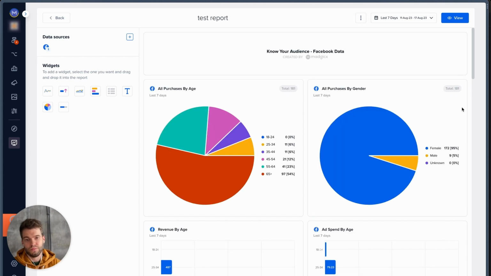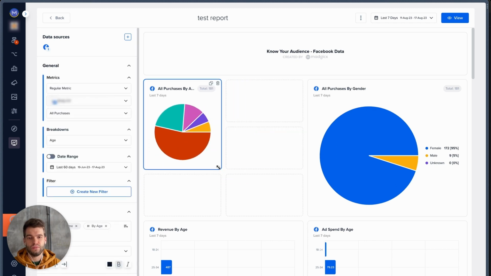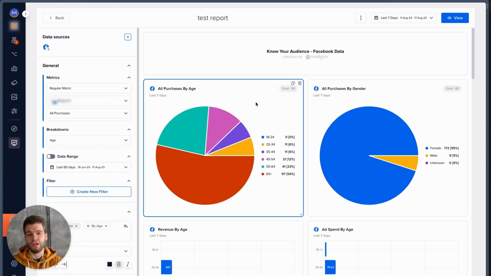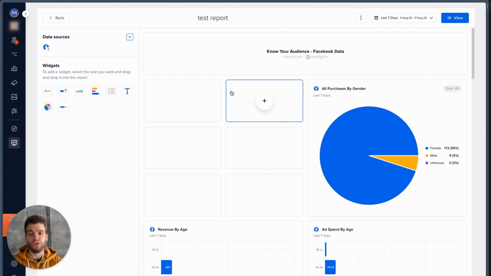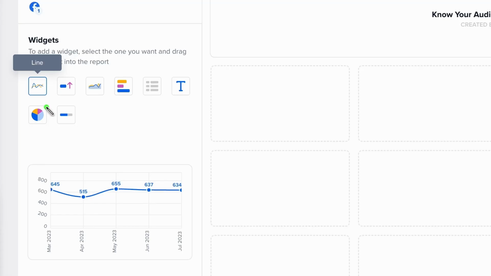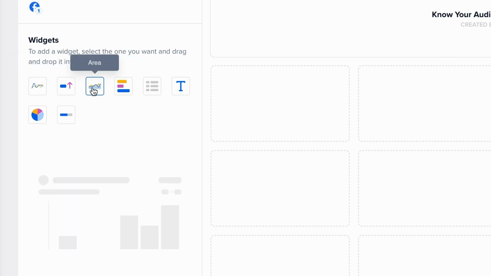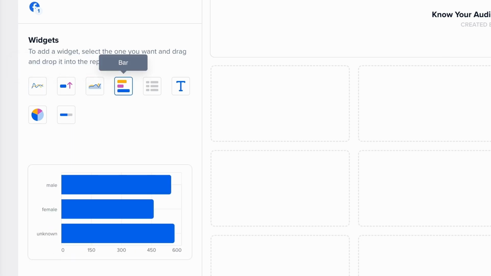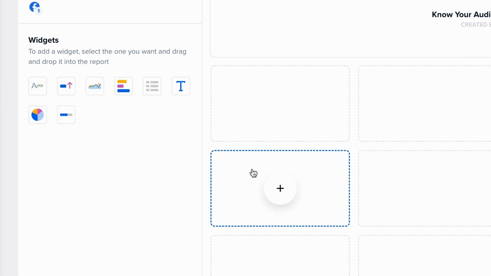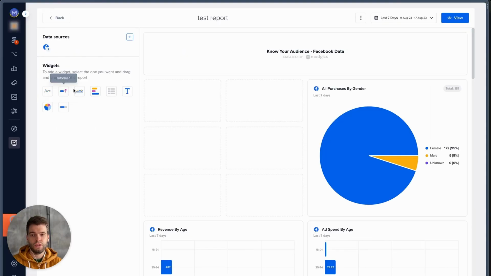What can I do with these widgets? I can, for example, increase or decrease the size, make it more compact, make it bigger, copy this widget, or delete it. Let's imagine that we don't like this one and I would like to delete it and add some new widget. As you can see here, we have the panel where you're able to find some widgets that you can use. For example, Informer, which shows a number, line, area as a chart is pretty similar to line, bar, table, some custom text, for example, as this one, pie, as we just deleted, and goal. You can actually set up your goal without the need to update it manually. Let's add Informer,